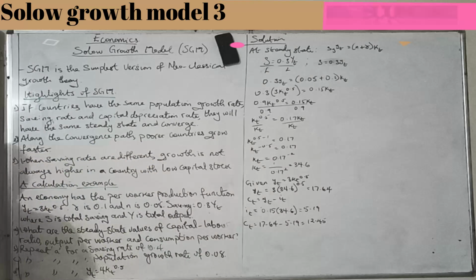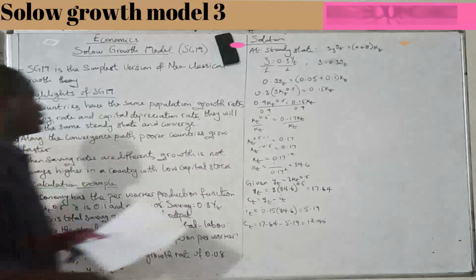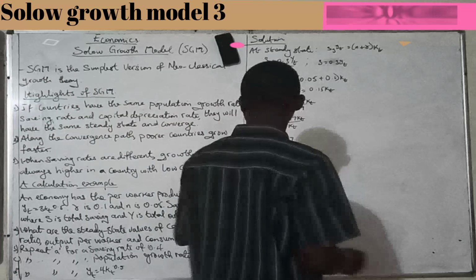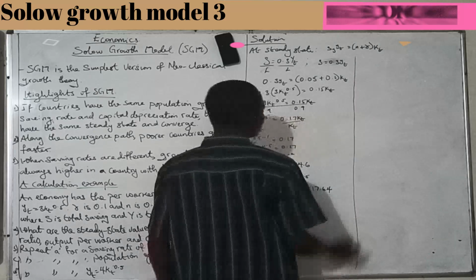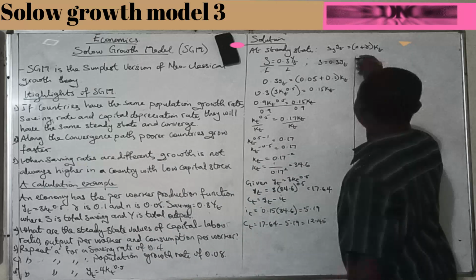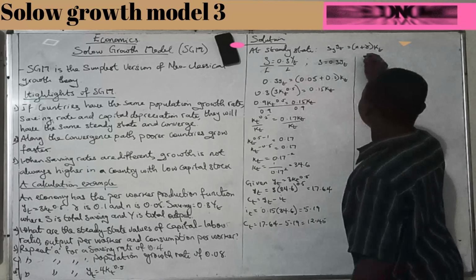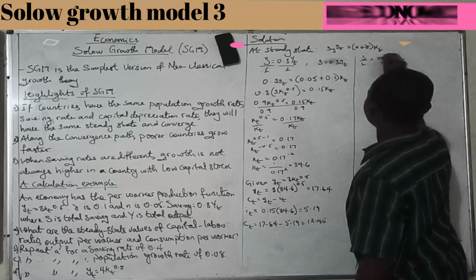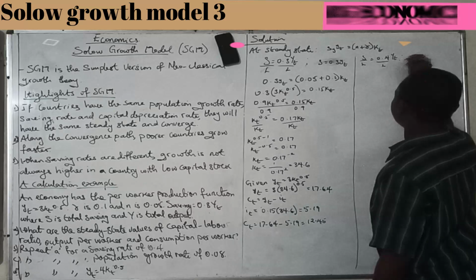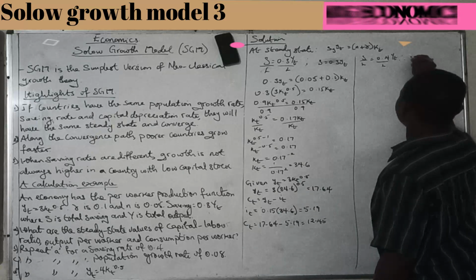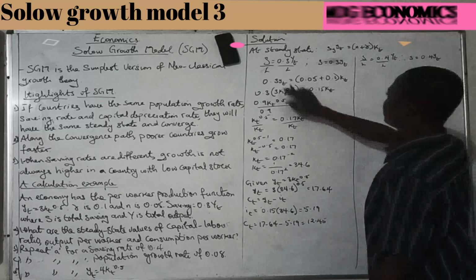The next question says that you should repeat A for a saving rate of 0.4. So now our saving rate is no longer 0.3. Repeat that for a saving rate of 0.4, other things remaining the same. So S over L is now going to be 0.4 times YT over L. So we just repeat the same thing.